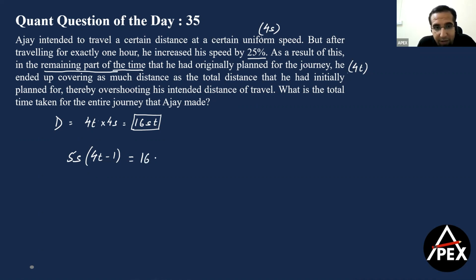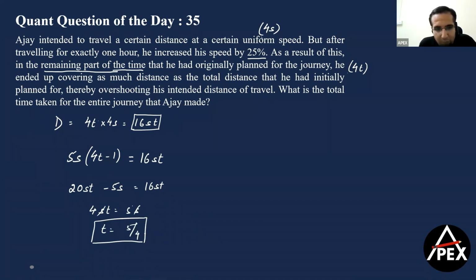Now, the original distance that he had planned is 16 into s into t. So if I simplify, this becomes 20st minus 5s is equal to 16st. Or what do we get? We get 4st is equal to 5s, or we get the value of t is equal to 5 by 4. Clear? Now, our job is not to calculate the value of t. We initially planned the entire journey to be of 4t hours. So that becomes 4 into 5 by 4, which will give me 5 hours was the initial plan with which